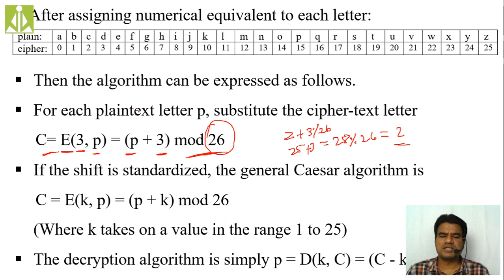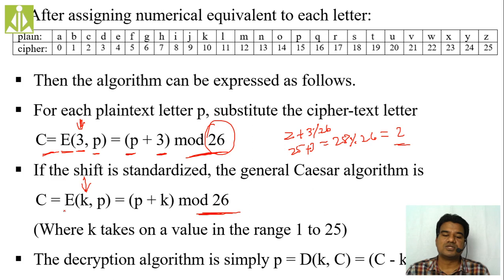So in that way, we are going to perform the encryption process. And the decryption process is exactly simple. If you generalize, see here we said only 3 positions we are moving. If you make this position value variable, then we have to apply a particular key at that location. So that key, if you consider it as K, then your complete Caesar algorithm in a generalized form will become like this.